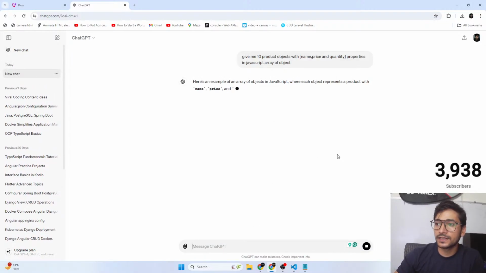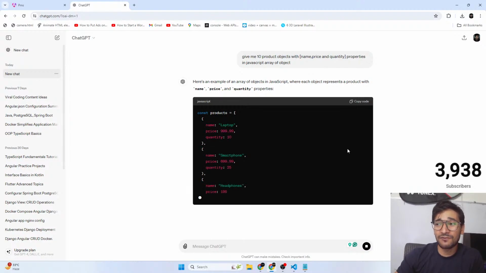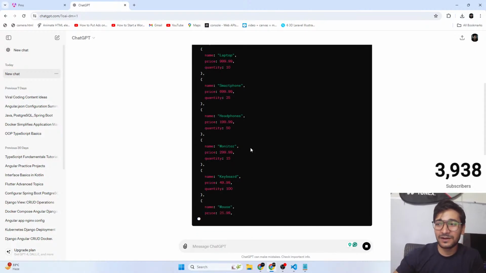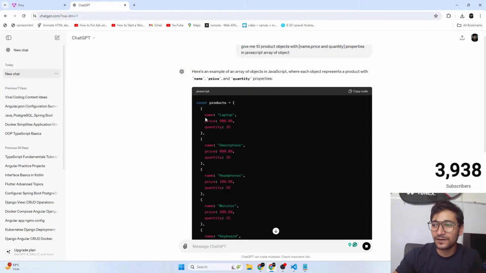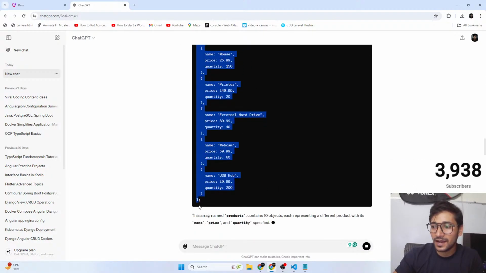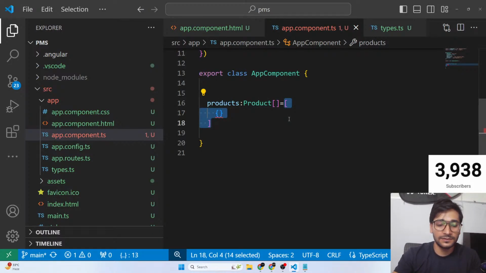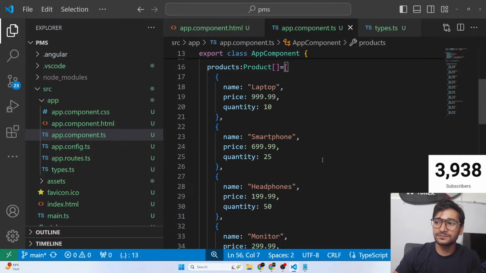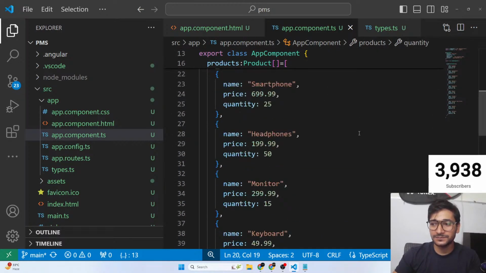And now here we go, we should get, see guys, so we don't have to write, right? See, laptop, smartphone, it doesn't matter guys, data, anything is fine, but we are getting the same format, so we don't have to waste our time writing it. So now what we can do is we can simply copy this whole array of objects, and we can just go ahead, and rather than writing it, here we go. All set guys, you can see, right everyone? All set, perfectly fine. We have our data, an array of objects.